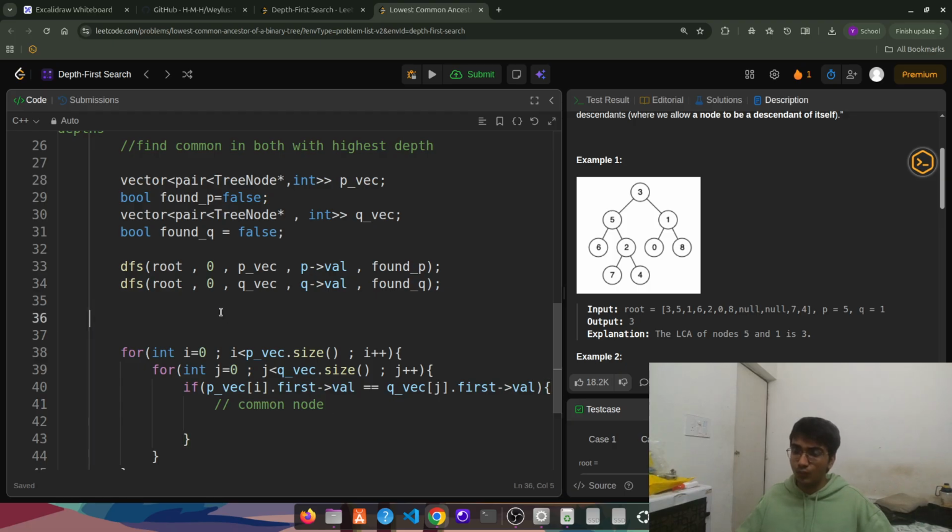If I have a common node, min index, so I'll make it min depth, max depth. I'll make the max depth. I need to find the max depth, right? Depth, okay. So I'll put it in min and max. Depth is equal to max of max depth, comma